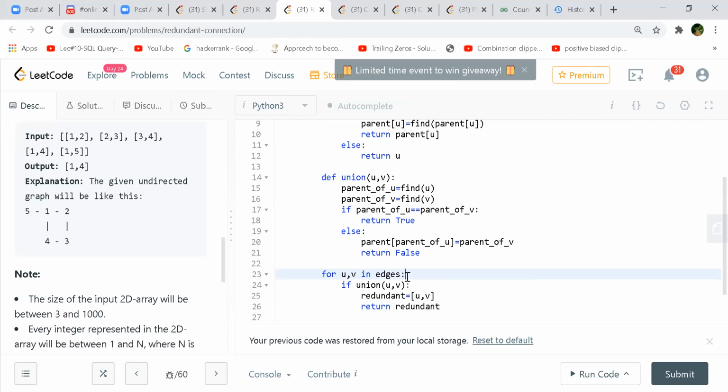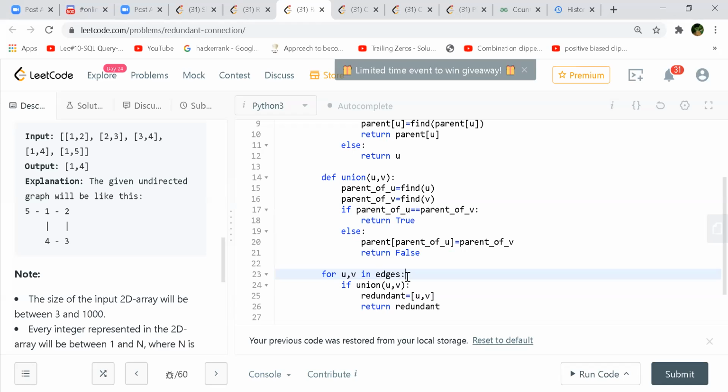Because we restart it every time we remove an edge, we start a fresh DFS traversal. So we again initialize our visited array and all that stuff. But do we need to? Because there would be just one edge leading to the cycle, right? I mean, there would be just one redundant edge, right? No, there are multiple answers for this graph. Yeah, but we only have to return one, right?